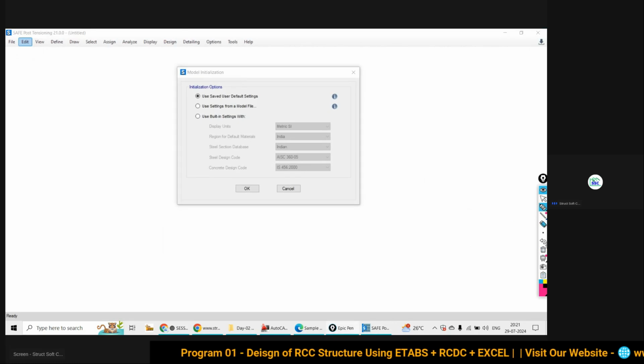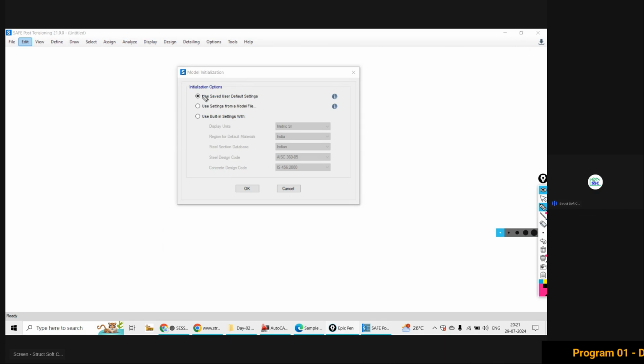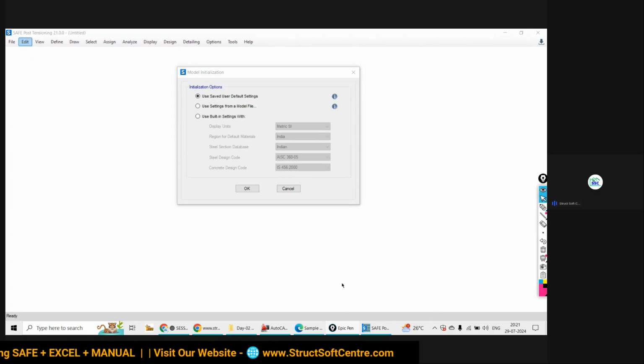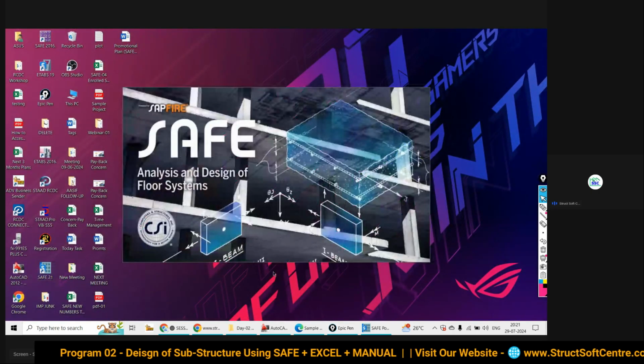Fine, so let's understand what the option use saved user default settings means. It is a very interesting point to discuss. For that, I need to open another file of SAFE, any existing model file.